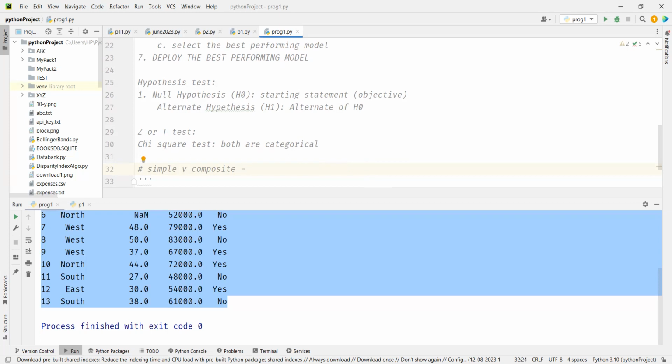So if I say my average sale is $1,000 per day, it's a numeric value, right? I'll be using the Z test, but this is a simple hypothesis because I'm talking about one number. But if I'm saying my average sale is between 900 and 1,000,